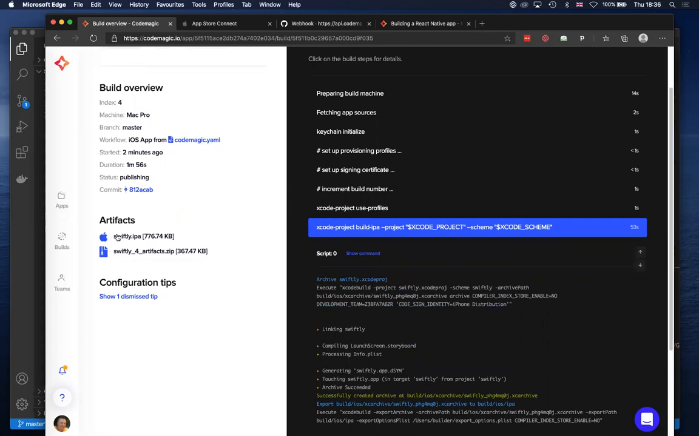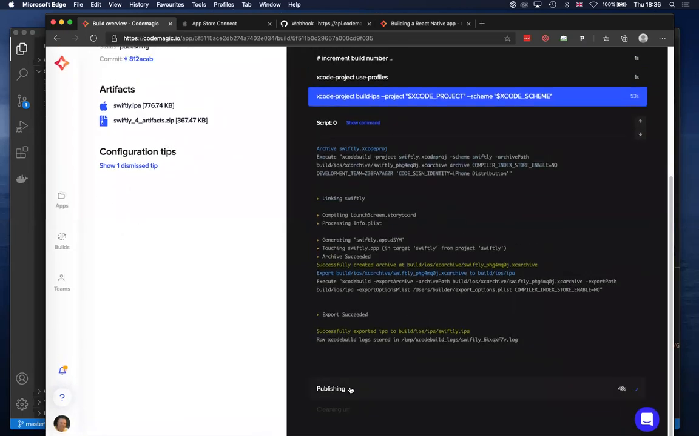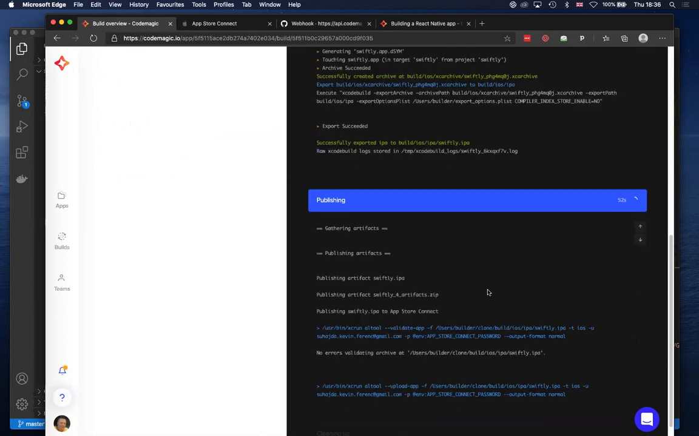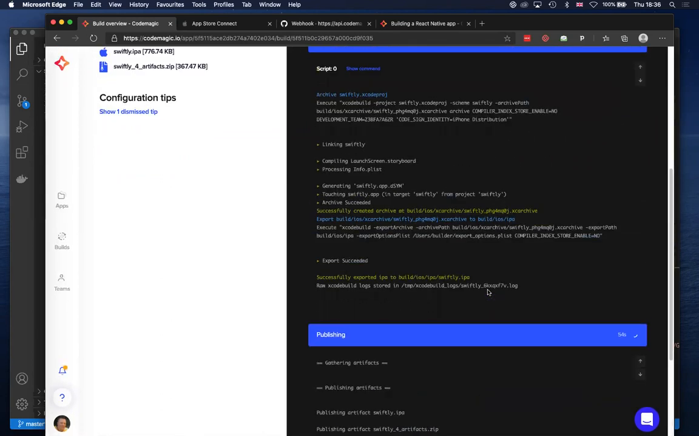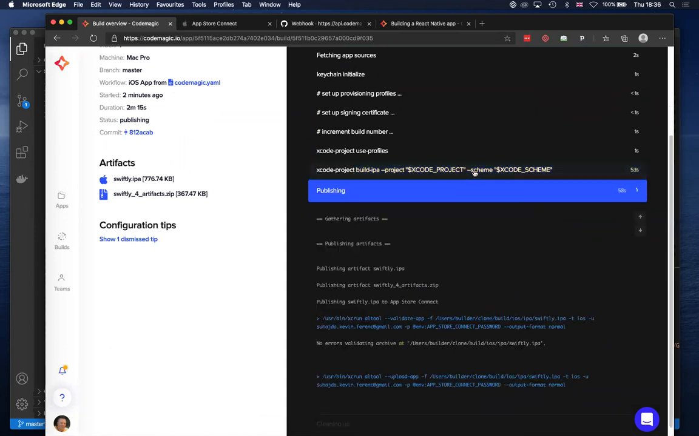Well, we've got the IPA created, so that's good. And we've got the artifacts, so that should be the debug symbols. So we're just in the publishing phase now, which is a good start. But I think this is a good time to finalize the demo as well. And